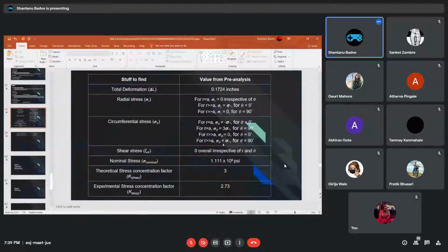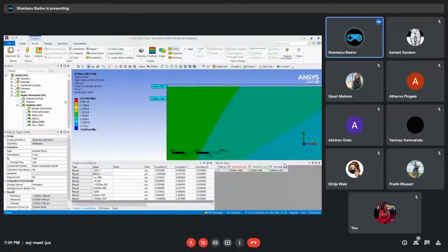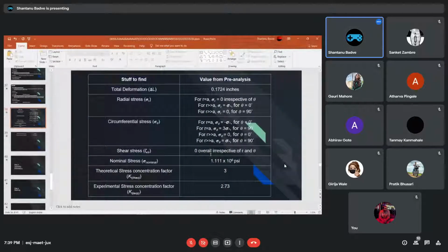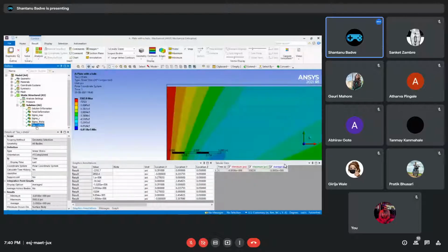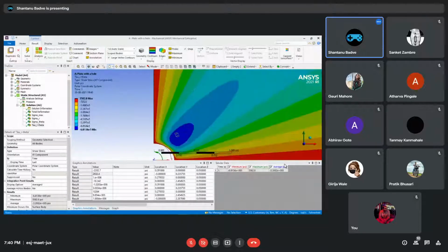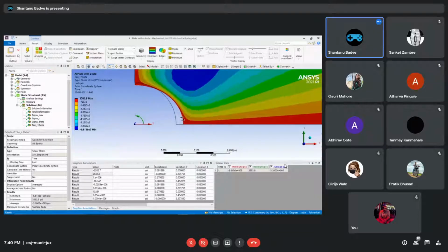Then we got the shear stress. Now, as I have written in here, the shear stress is 0 overall, irrespective of r and theta. We can just check that. We go to tau r theta. We will go to r equals a and theta equals 0. It comes out to be this much. And r equals a and theta equals 90 degrees.